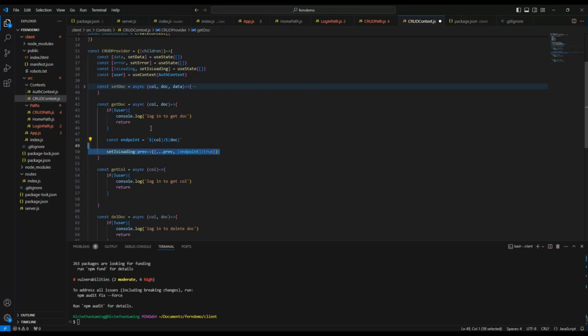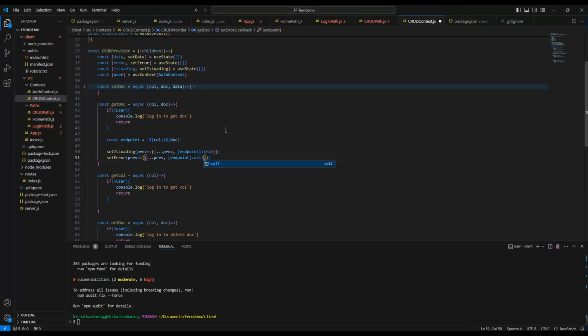Let's copy this, but instead of set is loading, we are going to set the error, because there is no longer an error, so the error is going to be null here. Now after we tell our application that it's loading and we don't have an error, let's go into our try,